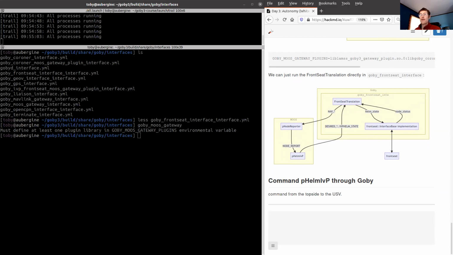Actually, this is a pretty good time to take a break. Before we dig too deep into this command structure and getting it to actually modify the vehicle, let's take a 5-minute break and we'll resume at about 10 o'clock on the hour.